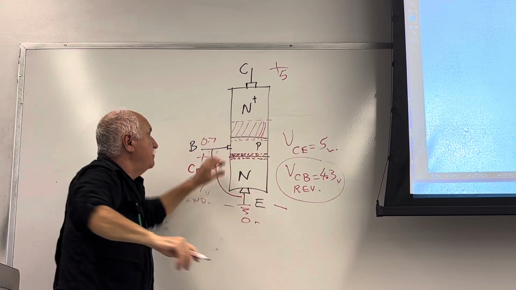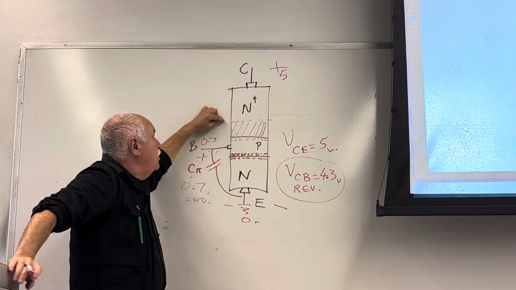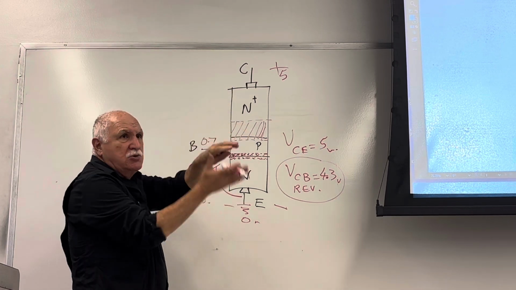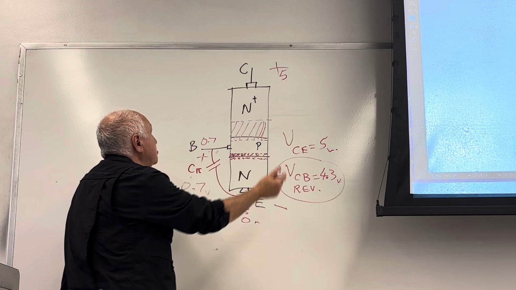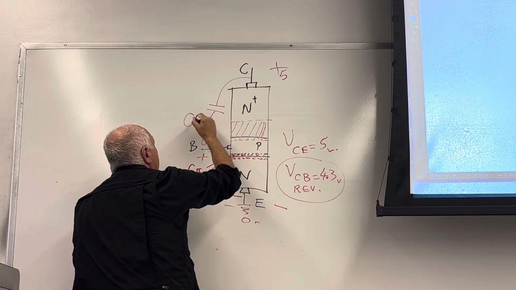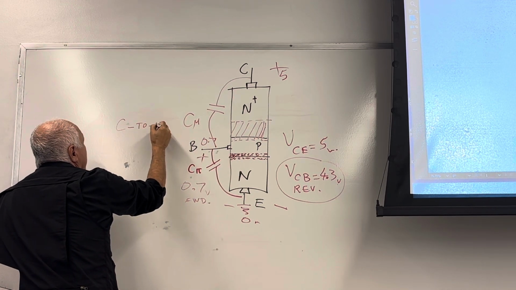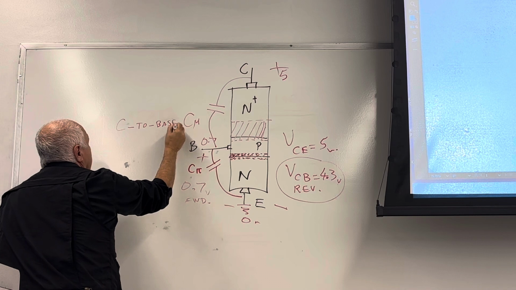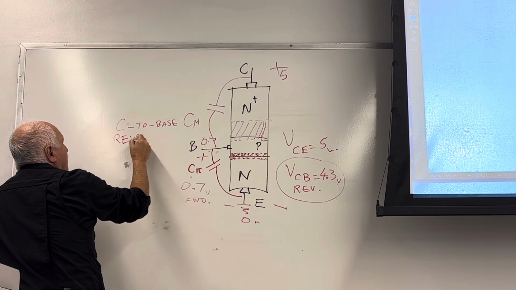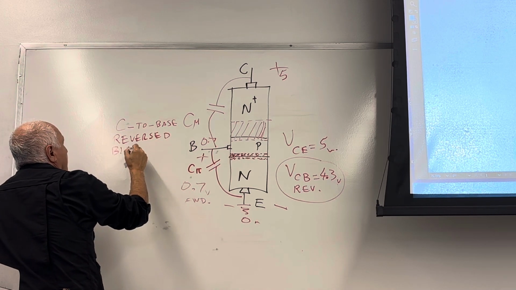As a result of the depletion layer being wider, there will be a capacitance between the C and the B, because on both sides of the layers we do have a capacitance. This capacitance is called C mu. That is the collector to base reverse bias junction